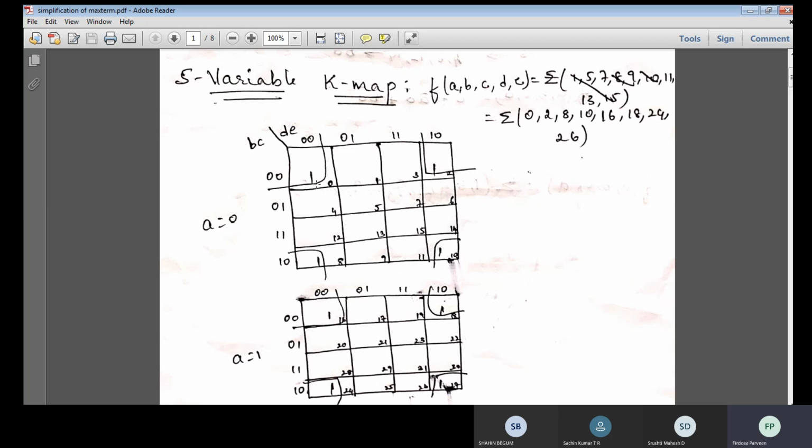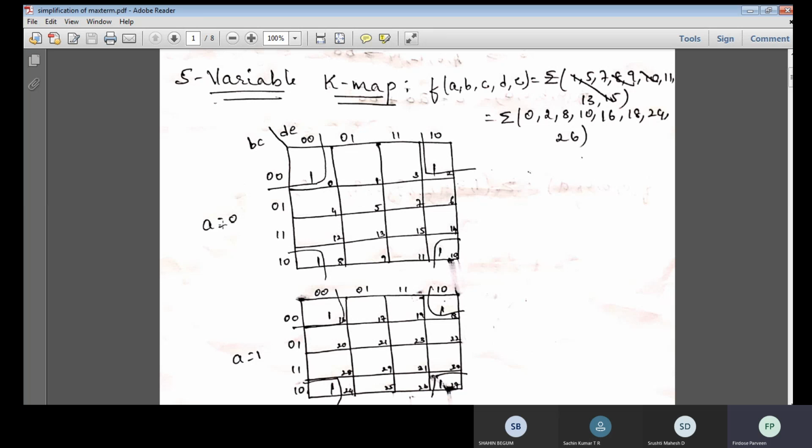So as you have already seen 0 to 15, how will we be writing a K-map? So 0, 1, 2, 3, 4, 5, 6, 7, 8, 9, 10, 11, 12, 13, 14, 15. In the same way, it will continue here. It is 16, 17, 18, 19, 20, 21, 22, 23, 24, 25, 26 is here, 26, 27. Okay, this is 26, this is 27, 28, 29, 30, 31.